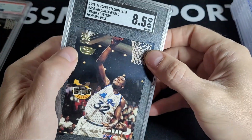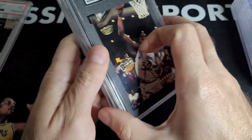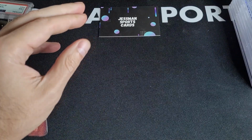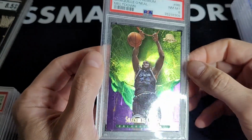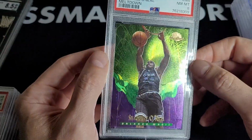These are pretty rare, so $15 for a second year Shaq. That's rare. It seems too cheap. Shaq Meltdown. This went cheap too for some reason. It had like 30 watchers, but